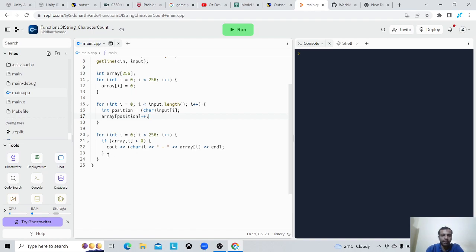After that, I traverse again from 0 to 255, and if I find a particular number, for example 65, which was found twice, its value would be 2. So if the value is greater than zero, I convert 65 into a character and print whatever value was stored there. So if I run this and enter the input,